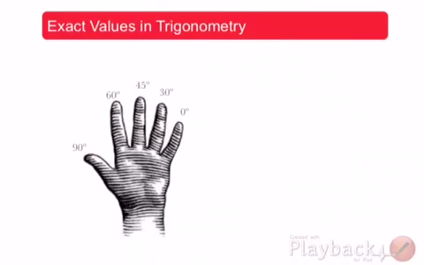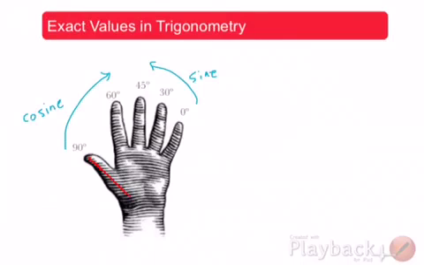And what we need to remember is that if I'm going from the 0 degrees, then I'm talking about the sine of the angle. And if I'm going from 90 degrees, I'm talking about the cosine of the angle. Now I'll explain this a little bit better. What I'm using this for is to find exact values much faster than drawing both of the right angle triangles and working out from the table of values. So if I want to find the cosine of 90 degrees, I'm going to look at this thumb,